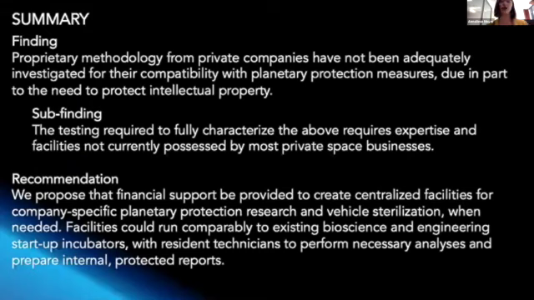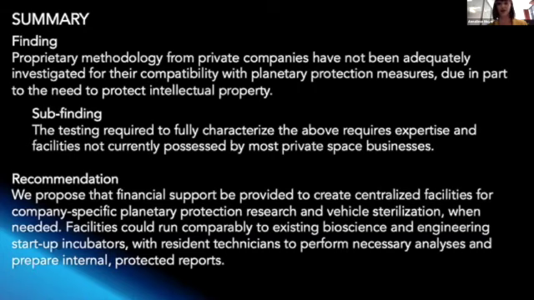So this brings us to the recommendation that came out of this case study. We propose that public funding or fiscal incentives such as tax breaks for private investors be provided to create national centralized facilities to be contracted for company-specific planetary protection research. This could include clean room space and necessary microscopy facilities. These would be managed by an external source and specifically contracted for missions. Facilities could run comparably to shared lab space or startup incubators with resident technicians to perform necessary analyses and prepare